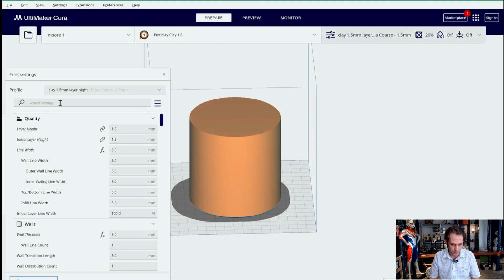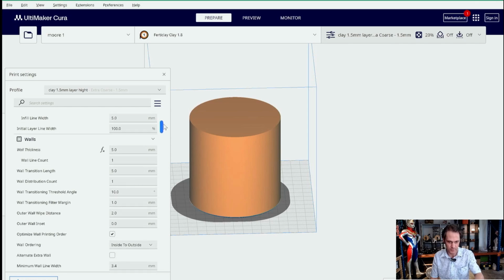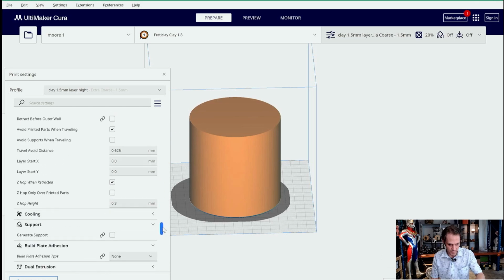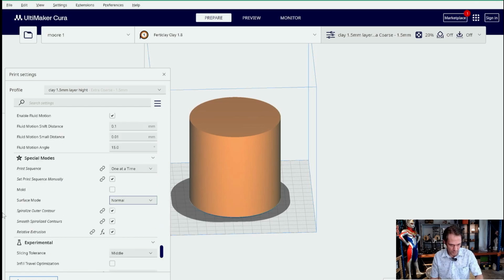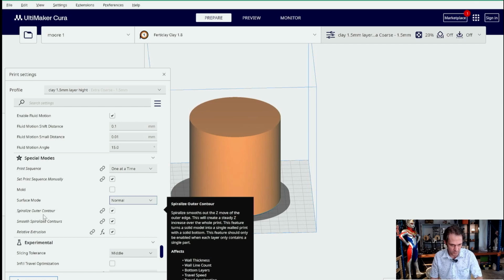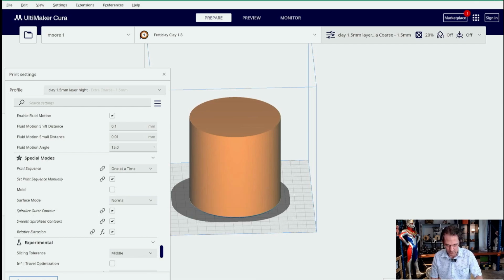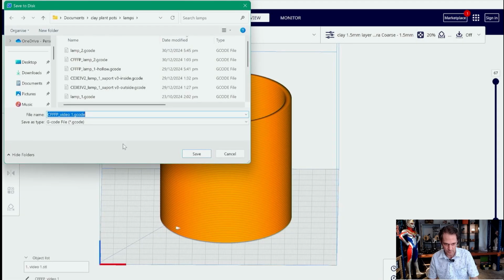I've got basic settings for the slicing of a layer height of 1.5, a line width of 5 mm, wall thickness of 5 mm, line count of 1, and print as vase mode. Oh yeah, sorry, not called vase mode, it's called spiralize outer contour. If you check this box, then it will slice it in spiral mode rather than as a solid object. So when you slice and preview, if I export this back to the same folder,